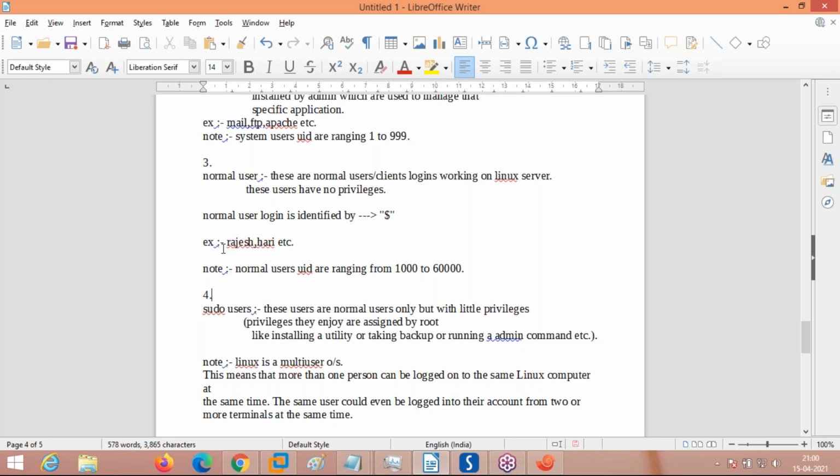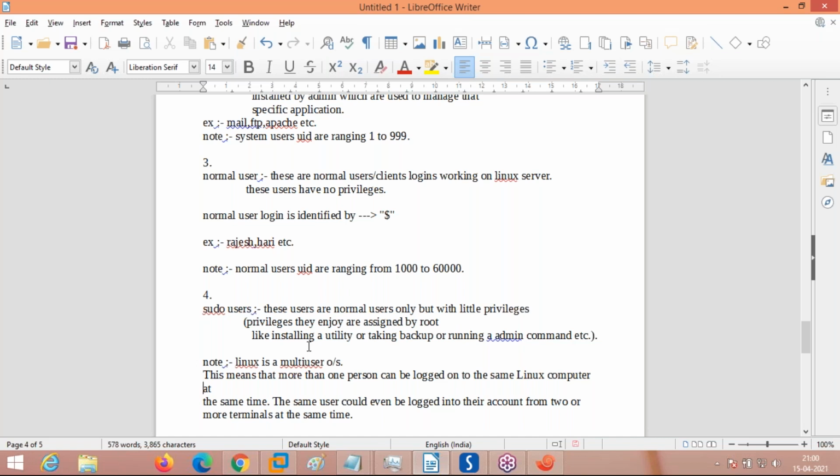But if the root user assigns some privileges in the format of sudo to a normal user, he becomes a pseudo user, with access to some other privileged commands which only run by admin.